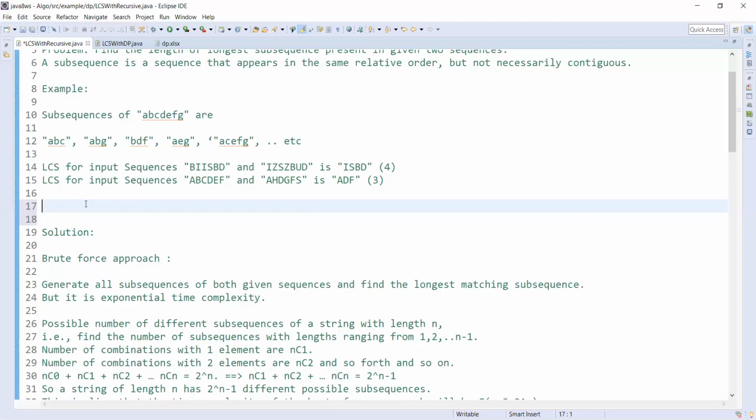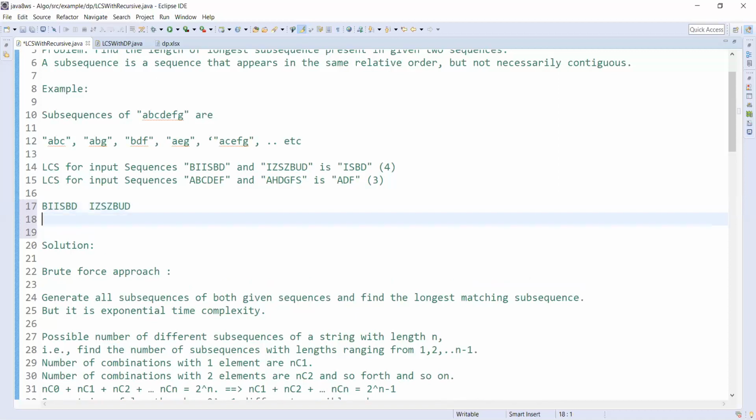But you may have a doubt: we didn't do anything, we just compared the last character. But what we assumed here is that we already calculated something. What I'm trying to do here is cut my problem, shorten my problem. So my original problem is BISBD and IZSGBUD.